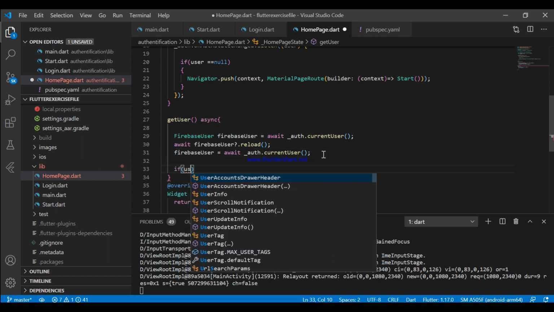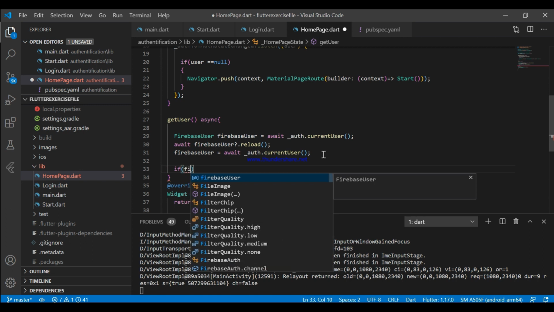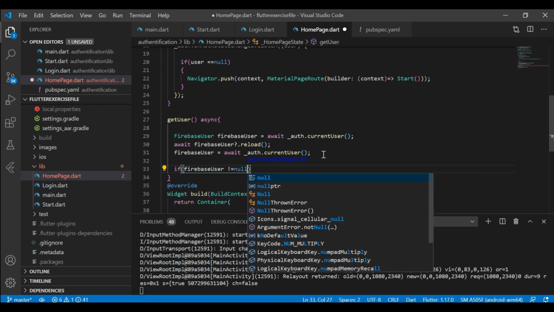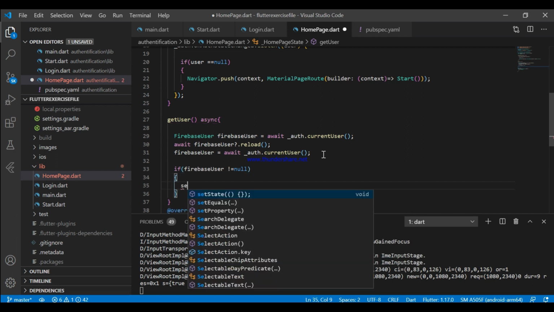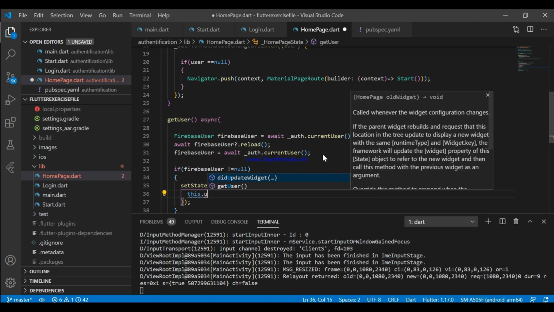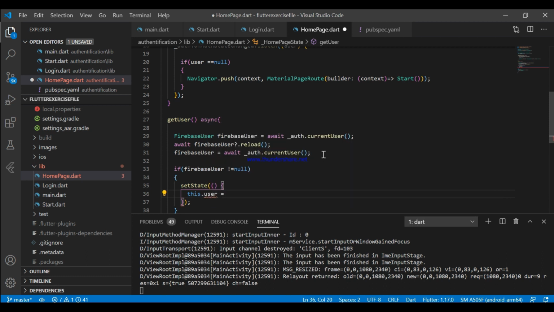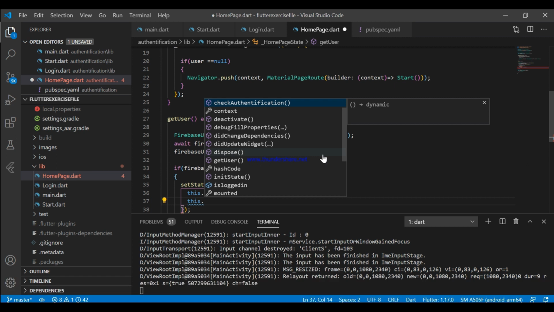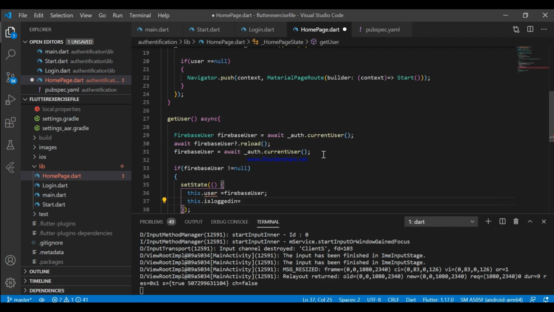After this reload again, we need to extract the user from Firebase. In Flutter there is no other way to do it. So now if user is not null, then user is equal to Firebase user and is sign in is equal to true.